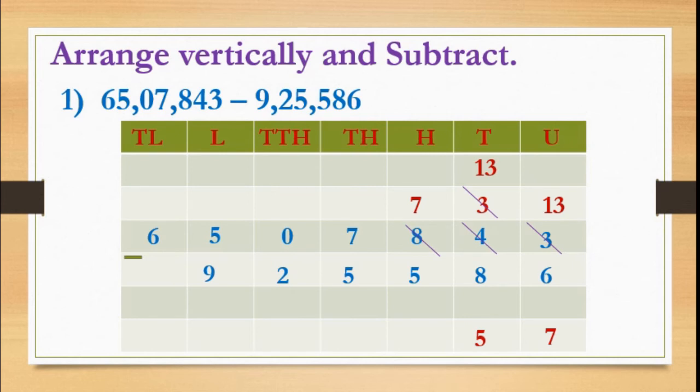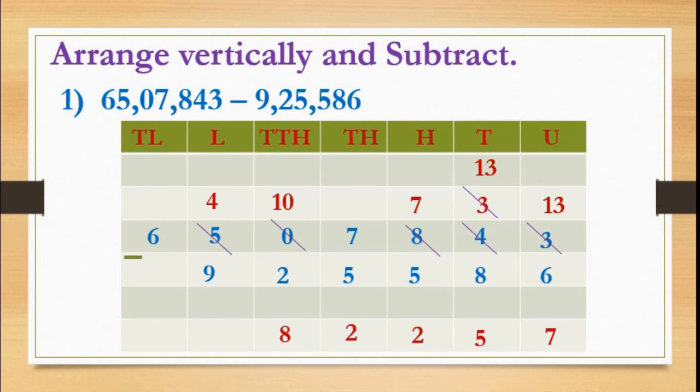Now here in the hundreds place 7 minus 5 is 2. Okay, in the thousands place 7 minus 5 again it is easy, that is 2. Then here 10,000s place 0 minus 2 again not possible, it borrows from 5, that is lakhs place. So here it becomes 4 and here in 10,000s place it became 10. So 10 minus 2 is 8, isn't it?